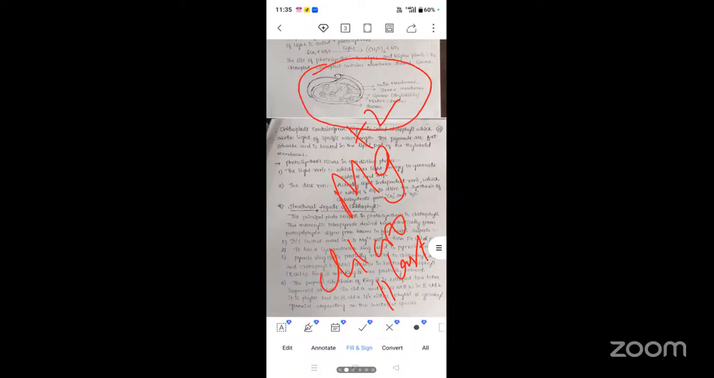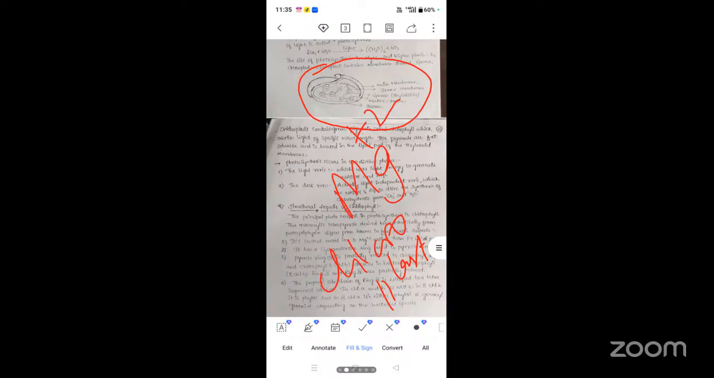Mitochondria and different types of organelles are there, but that is biology. We are not concerned with that. Here, the chloroplast is the green part of the plants. The chloroplast contains chlorophyll, and chlorophyll contains magnesium. So what is the role of chlorophyll? The role of chlorophyll is to absorb the sunlight